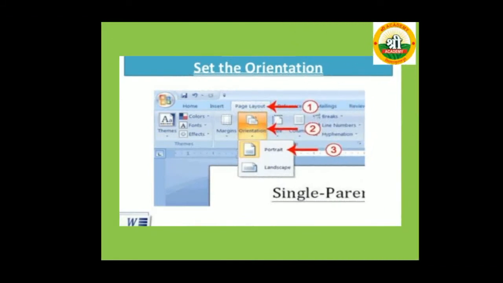But how do we change the orientation of the page? First, you click the Page Layout option and click Orientation. When you click Orientation, there are two options, portrait and landscape, as discussed in the previous slide, so you can easily select and use it.